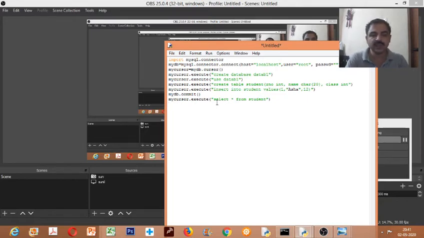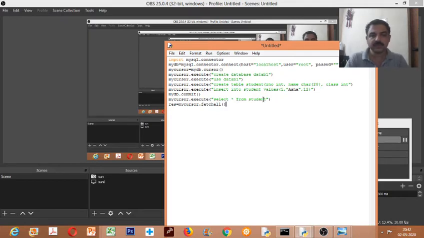There is something called result set, so we need to get the data, right? We will take one variable res, then write mycursor dot fetchall. The fetchall command is used for extracting those records. The data from the executed command is stored as a result set, so for extracting that data we need to write the fetchall command.